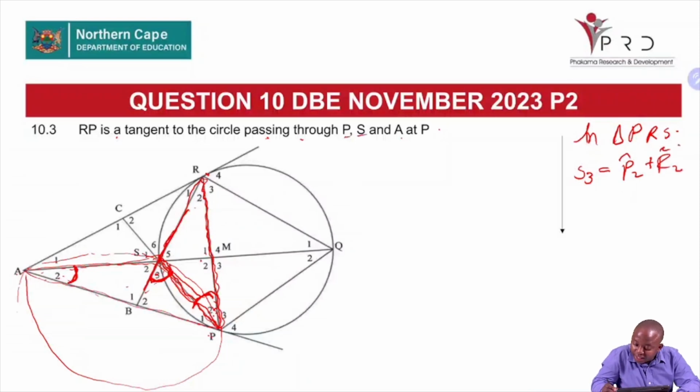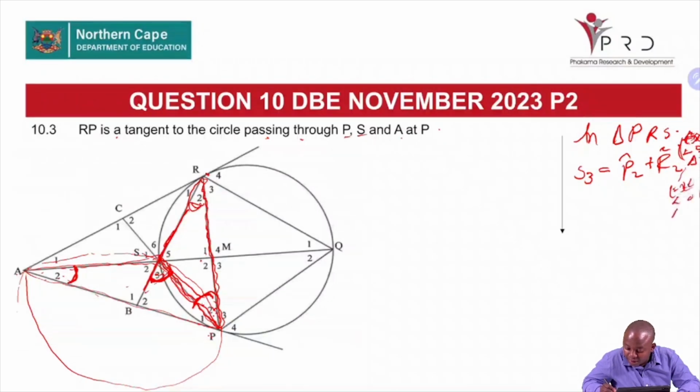Why? This is an exterior angle of a triangle. Its exterior angle equals the sum of the two interior angles. So that is the exterior angle of a triangle. Hope that you can see. So here I'm trying to write exterior